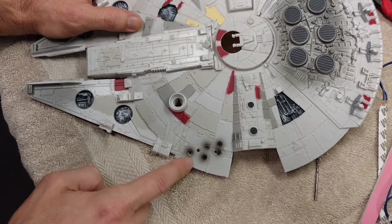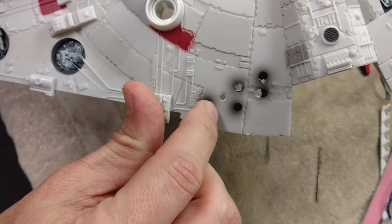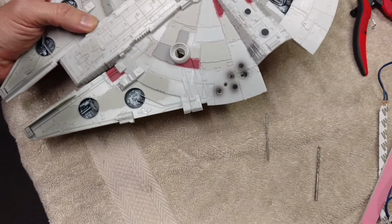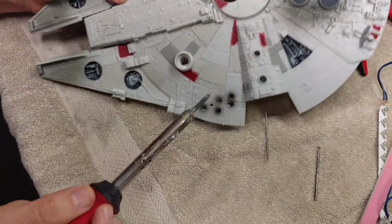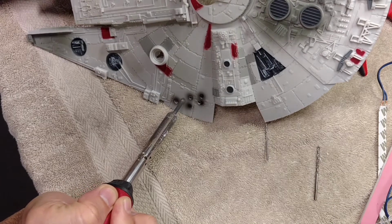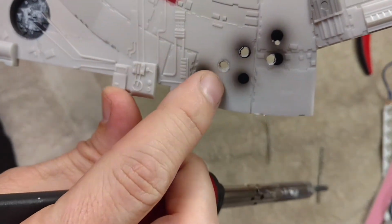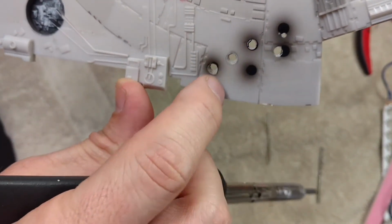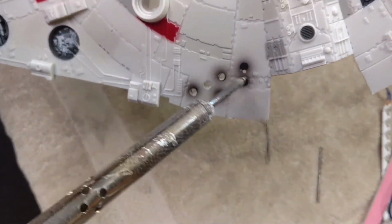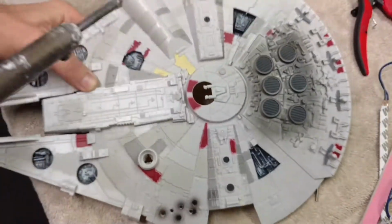What I'm going to do, as you can see on this one already, is take my soldering iron and, instead of just having a clean drilled-through mark, melt the plastic a little bit through there. All I'm doing is going in just a little bit, so we get more of a melted look instead of just a clean drilled hole. Then we can touch it up as much as we want and make it look however we want. So I'm going to melt through these just a little bit, and then the plan is